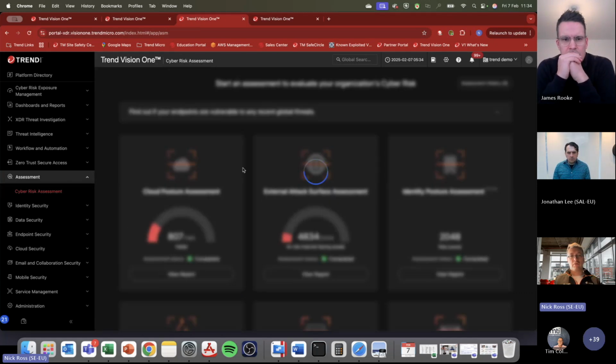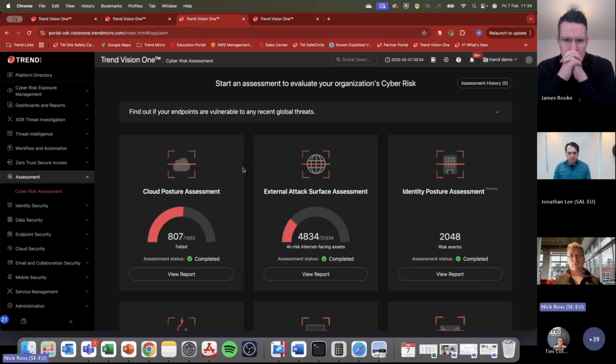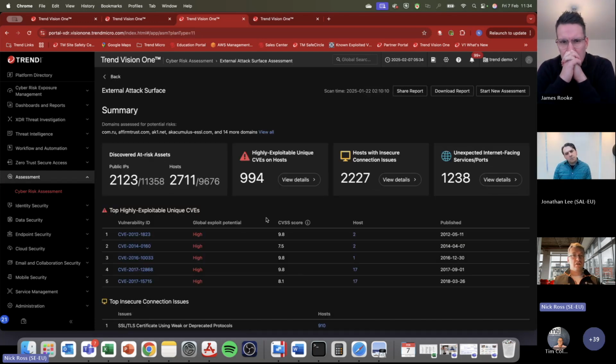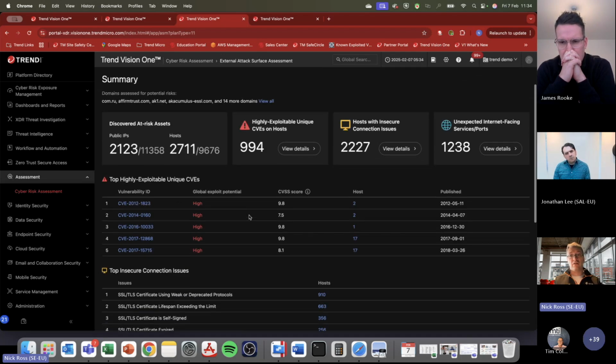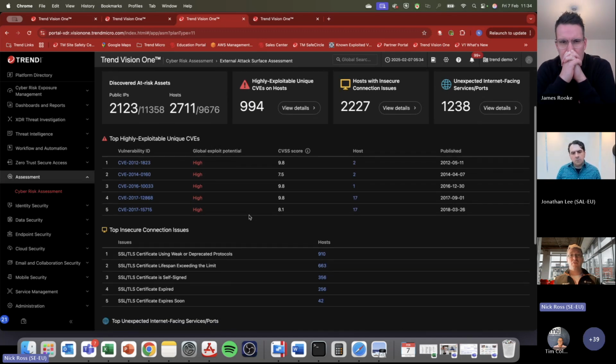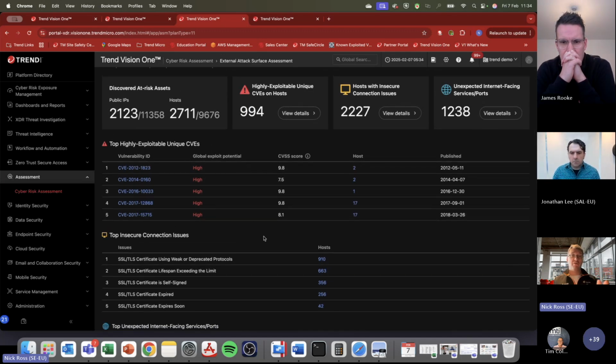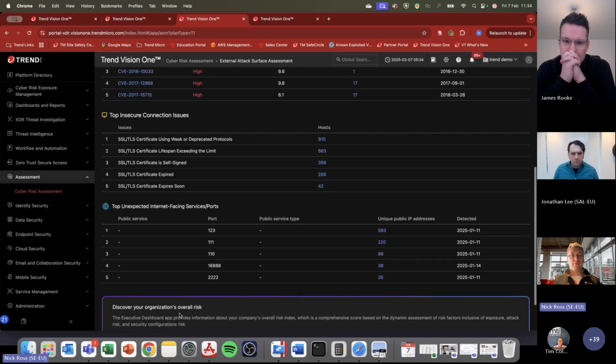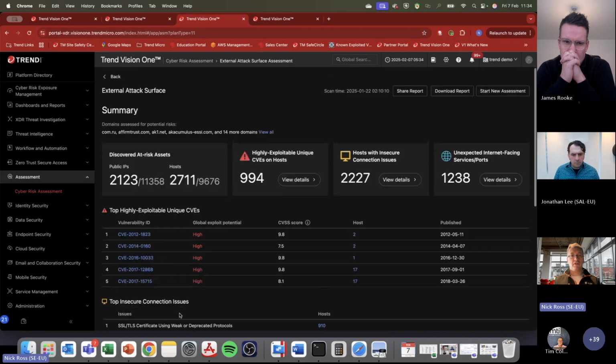If I go back to the assessment, cloud posture is one aspect here. What we're also looking at is things such as the external attack surface, so the public IP addresses, the vulnerabilities that exist on the servers that I'm publishing to the outside world. This is probably actually the first way a cyber criminal is going to try and get into your organization, is trying to exploit vulnerabilities that exist on your external attack surface. So if you can see that we're using deprecated security algorithms, or we've got out-of-date certificates, etc. These are the typical ways that the cyber criminals are going to be trying to come into your organization.